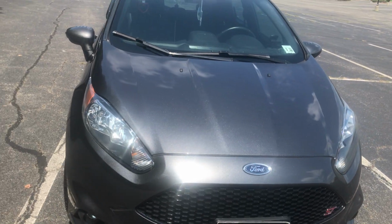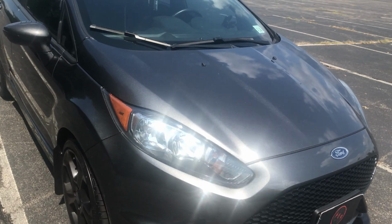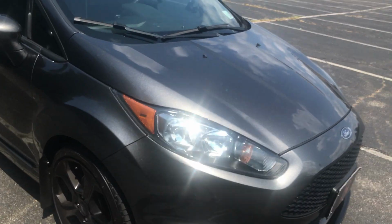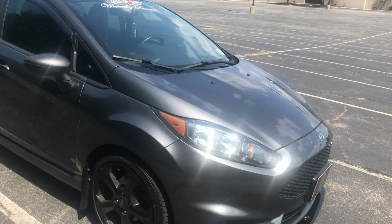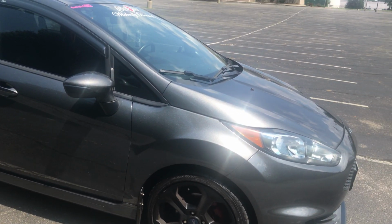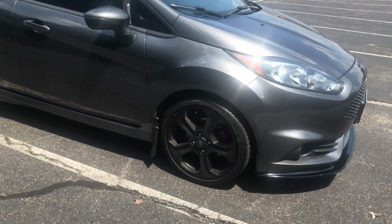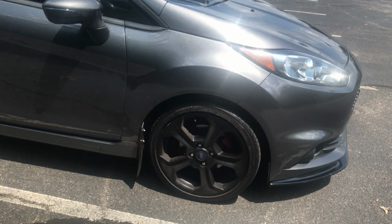I don't know if the camera is really doing it too much justice, but you can definitely tell, in the light, there's a lot of metal flake in this paint. And basically this paint color, the magnetic gray, was just one of 5 exterior paint options for this specific year. All right guys, so now moving on, I'm going to be briefly talking about the wheel setup